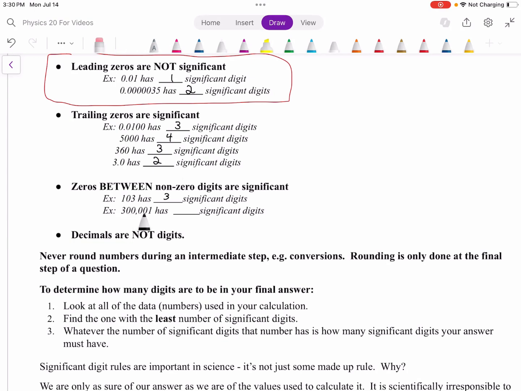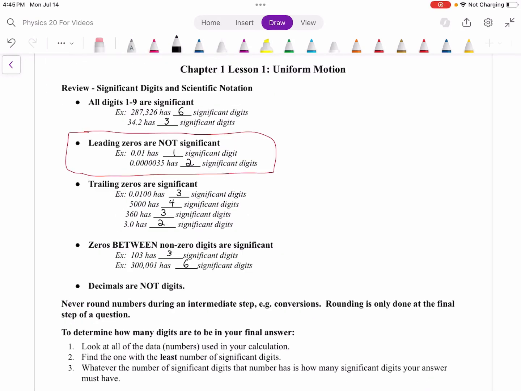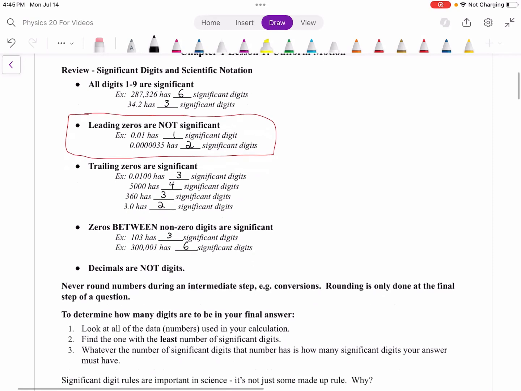All of those zeros are significant. So 1, 2, 3, 4, 5, 6 significant digits. So to sum up, basically anything that is not a leading zero is considered a significant digit. That's the only one that doesn't count as a significant digit. So now that we've reminded ourselves of what is and what is not a significant digit,